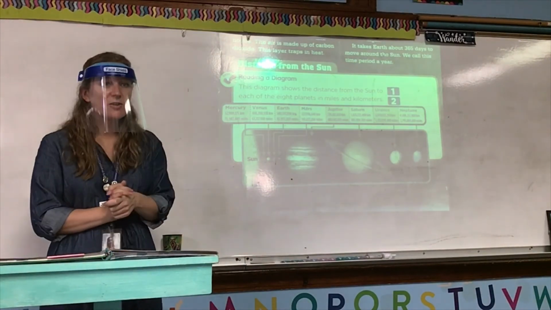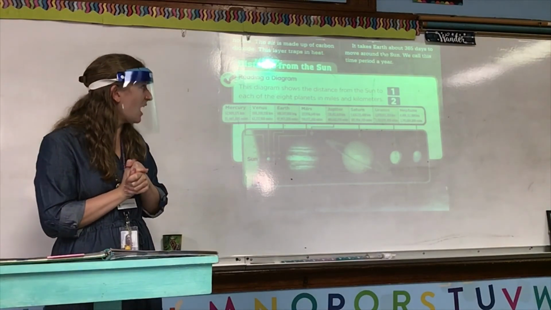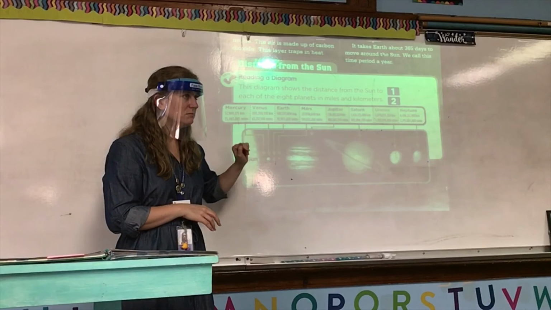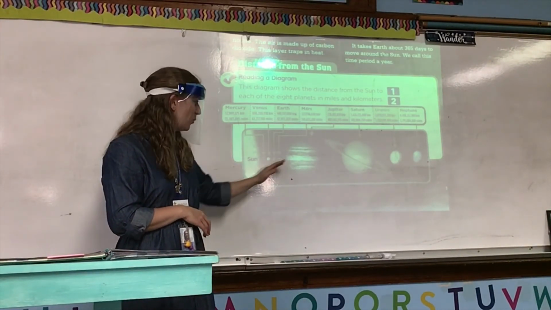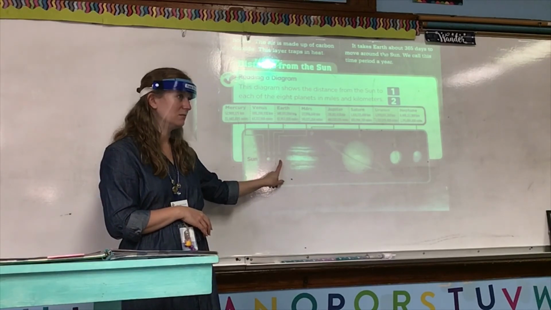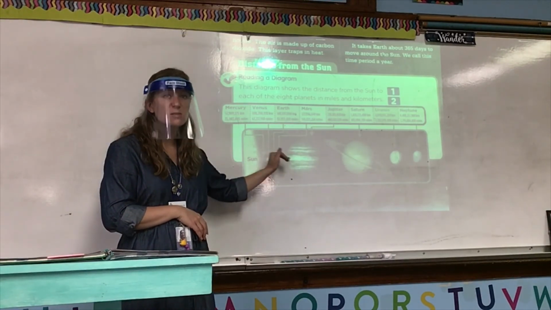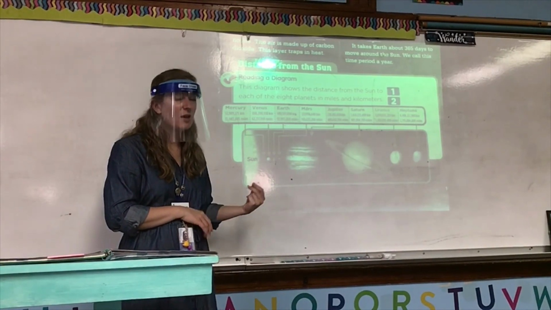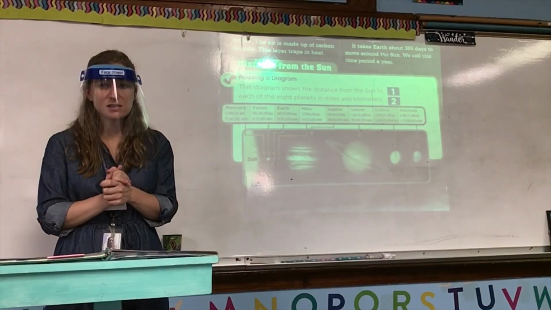Good. So this diagram, like we said, tells us a lot. Not only the distance from the sun, but where they are in relation to each other. Like which one comes before and after Mars? Well, Earth comes before, Jupiter comes after. So it shows us where they are in relation to each other. Also, their sizes in relation to each other. Very good.